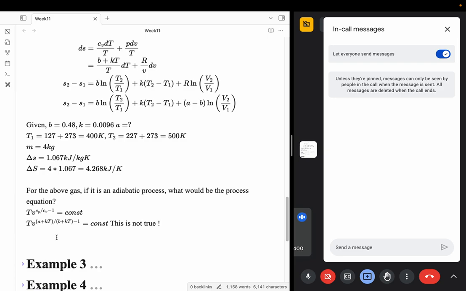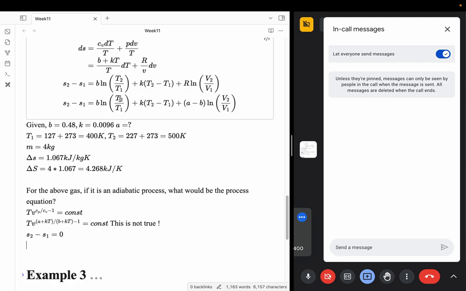This is actually straightforward, so maybe I don't want to spend much time on it. All you have to do is put S2 minus S1 equal to 0. If you keep that equal to 0 and then just rearrange these terms, you'll be able to get that. If I keep this equal to 0, I have B ln T2 by T1. So I can just convert this entire expression in terms of ln. So that will be like ln of